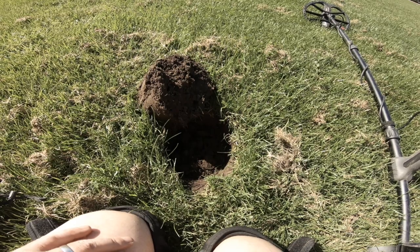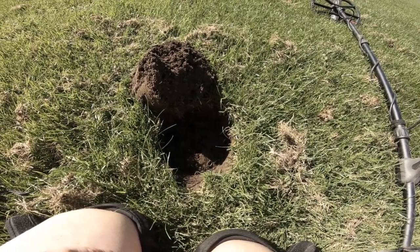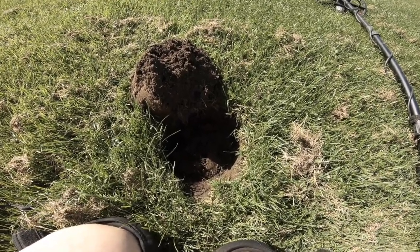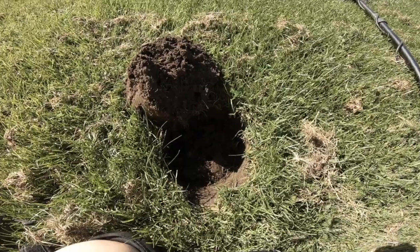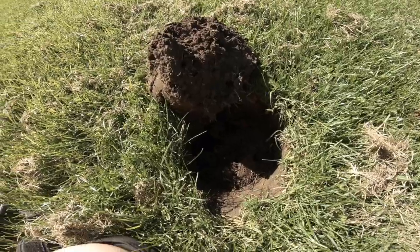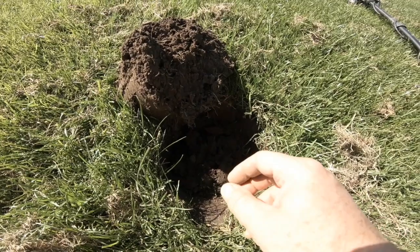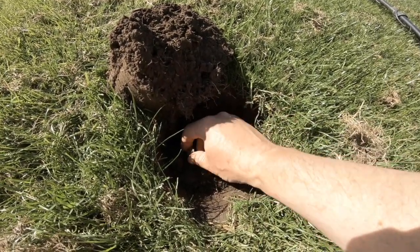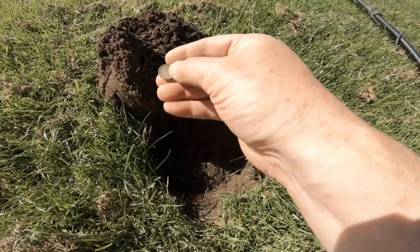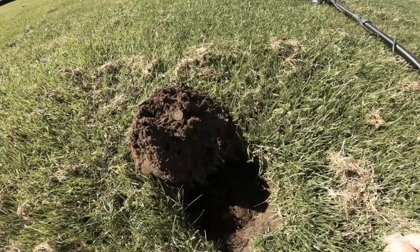Okay, just came across this other park, so I thought I'd give it a go. This is probably my 5th or 6th target. Rung up like a true New Zealand silver 3D, and as you can see the ground's really nice and wet. It makes it easy to do a really nice plug and put it back really nicely. So this one popped right out on the plug, and I'll just reach and grab it, and it is a New Zealand 3D. I'll put it on the plug, and I'll give it a quick